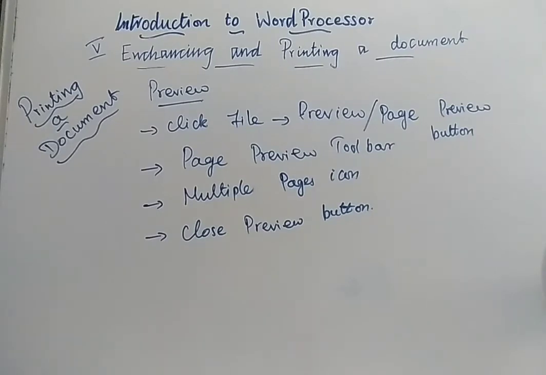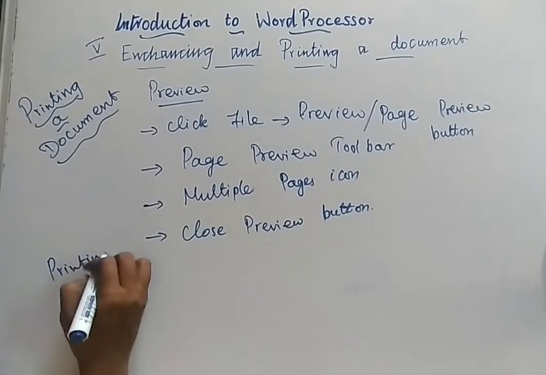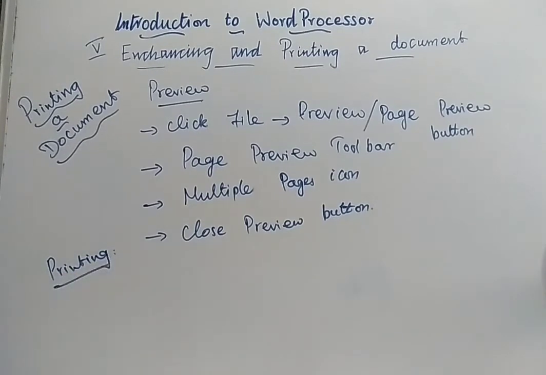Next we are going to see how to print a document. What is the procedure? First, be in the page. If you are going to have a page-wise printout, be in the page that you need. Otherwise, if you are going to have a continuous printout, you can be in any of the pages. Note carefully, where the insertion pointer is, that page will be printed if you are not going to select the options that I am going to discuss now. So for printing, be in the page that you need.